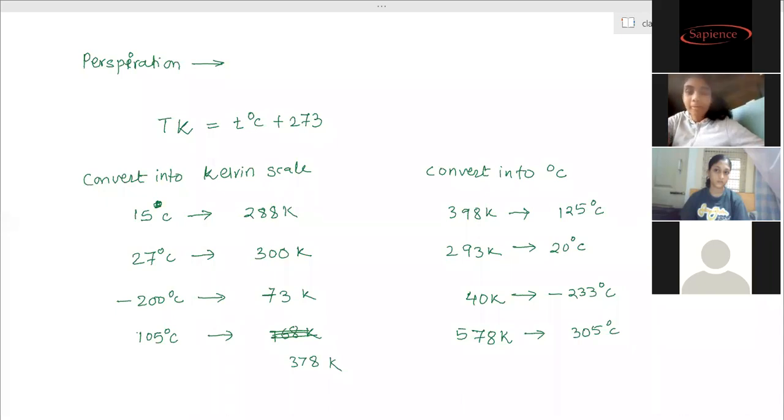Ma'am, in the class, sir told that from the chapter Is Matter Around Us Pure, everything except evaporation and the methods is coming. Except the separation of mixture, the earlier part is coming. Yes, ma'am. Everything else except that is coming.